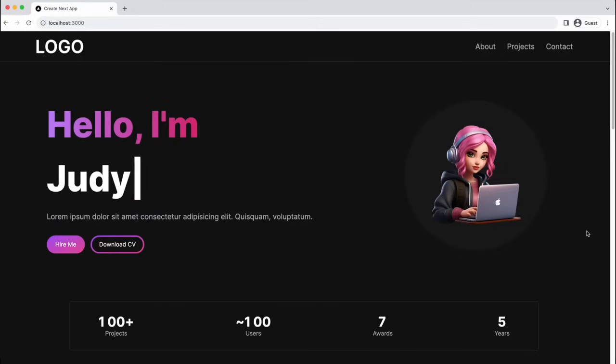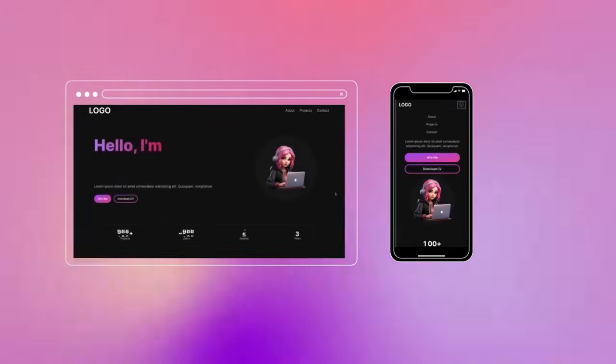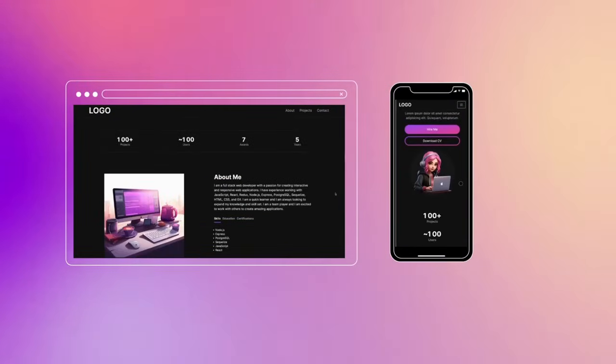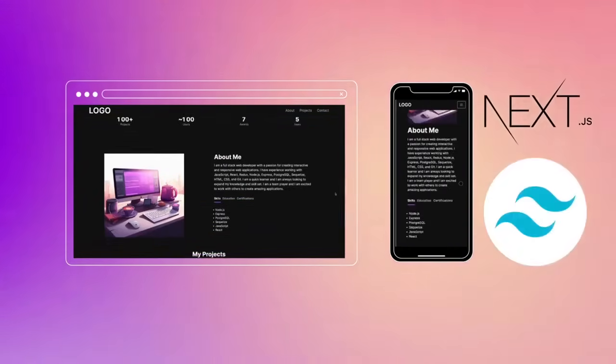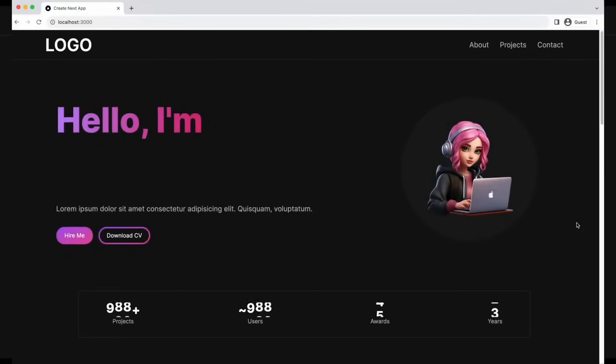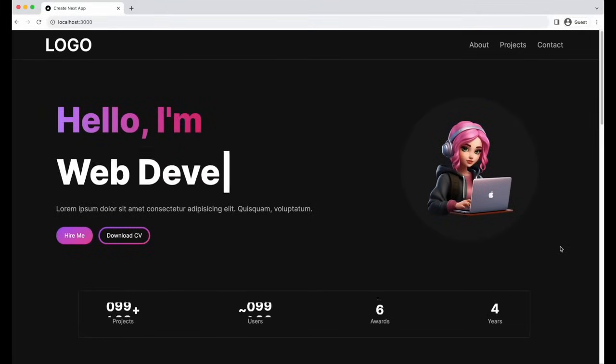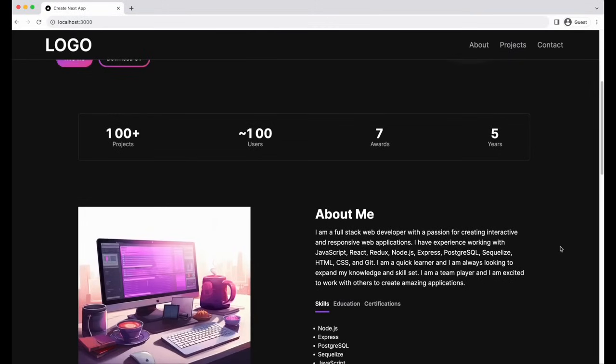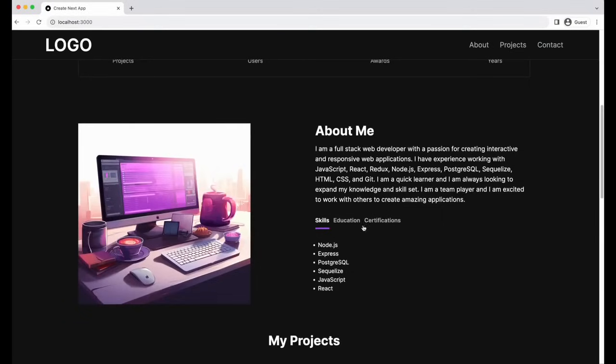Hi everyone, in this video we will build a responsive and easily customizable portfolio website using Next.js and Tailwind. We have here multiple sections starting with navigation bar, hero section. We also have animations throughout the page, then a metrics about me section with different tabs you can switch, followed